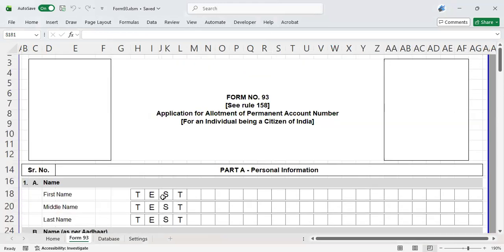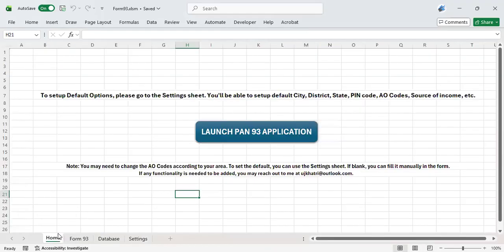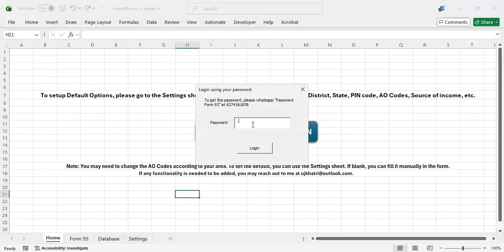All right, so this is the form that you will be getting generated within a few clicks. Within like 2-3 minutes your form will be ready. So let me just show you what all updates I have done. In the previous video I had shown you that,